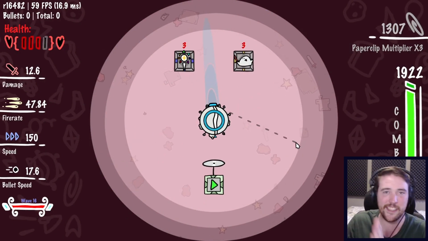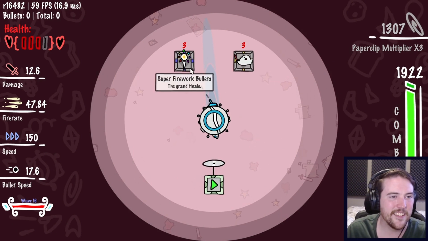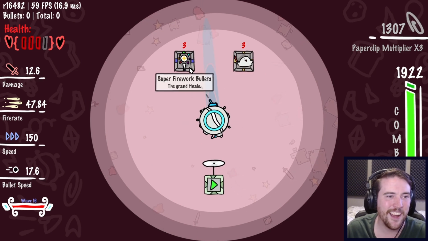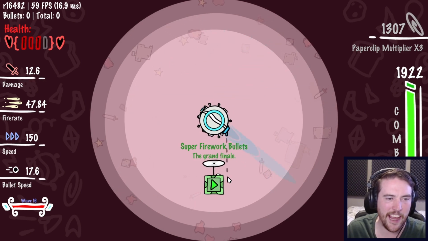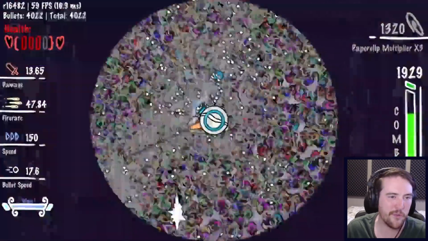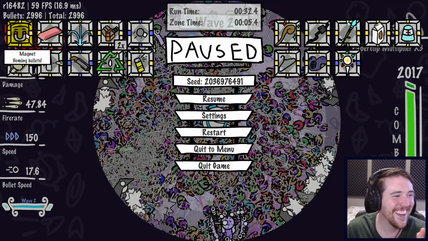But the most recent update added a new final boss. Super firework bullets, or Mr. Stabby, he's got a knife. We'll go with super firework bullets. And when I start up here, I'm gonna hit the button once. That is me, I've tapped the button once. But because I just only clicked once. Okay,